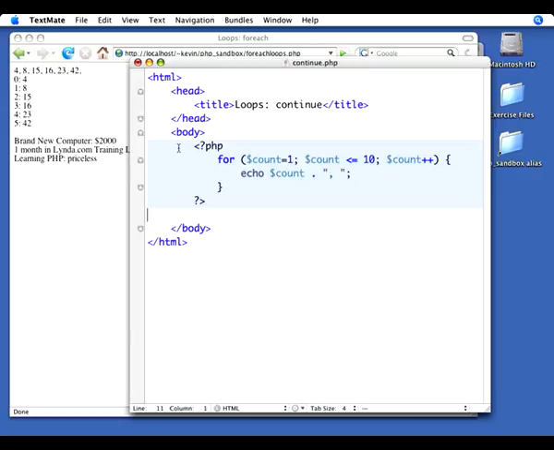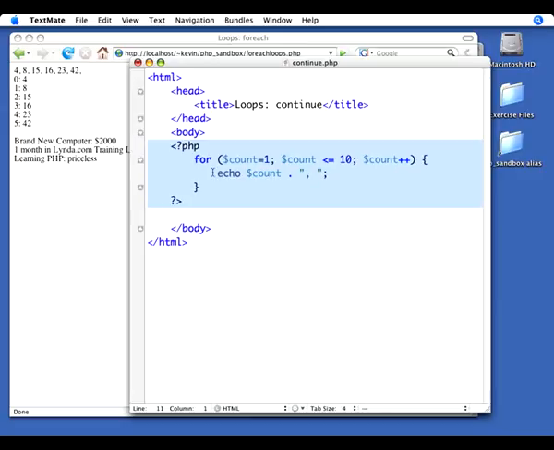Now you remember when we had a very simple loop like this before. It's just a for loop. It starts with count being equal to 1. Actually, we had it 0 before. And it goes while it's less than or equal to 10 is its test. And then it increments at the end of each loop. But what if we wanted to do other things to this loop besides just test whether or not it was